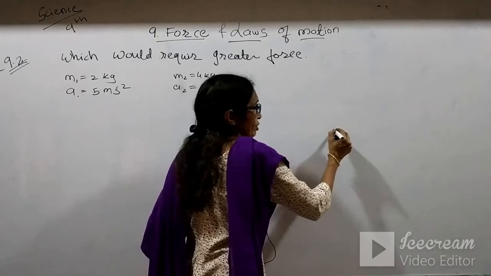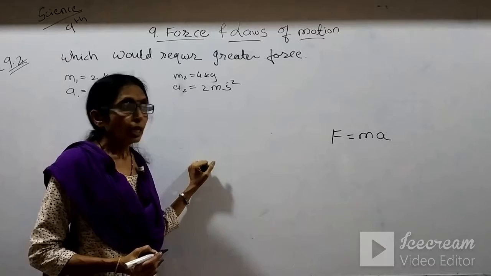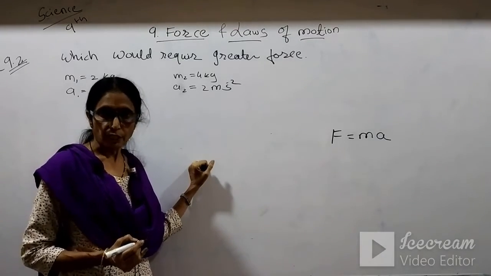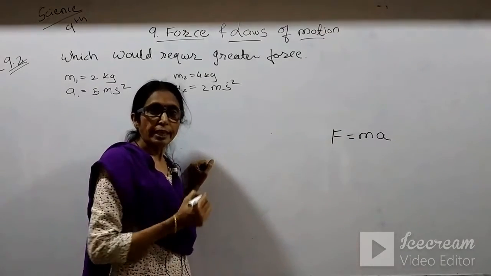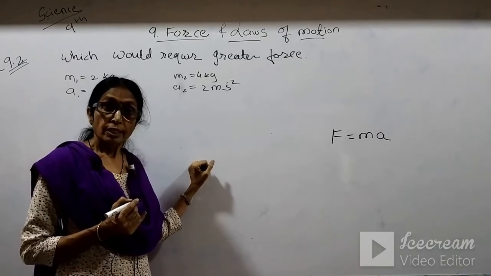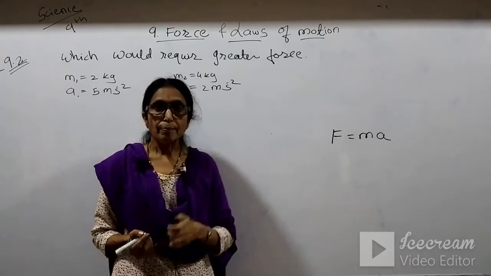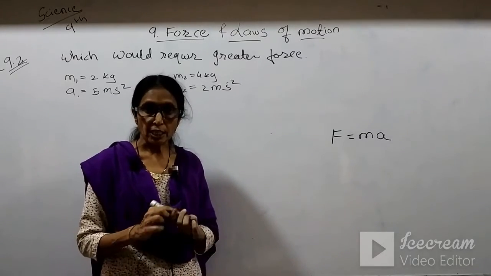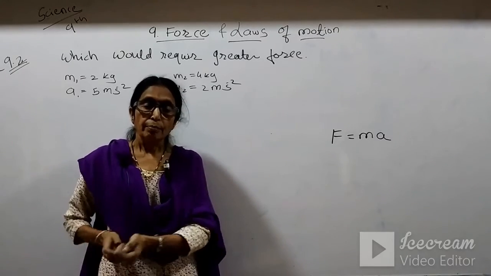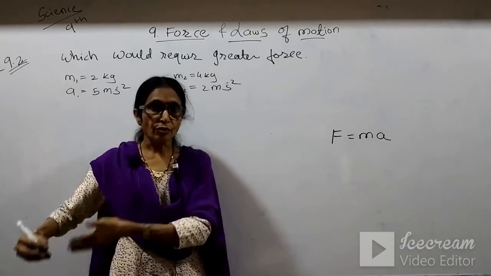It was F is equal to ma, where F is the force, m is the mass of an object, and a is the acceleration. So we have also seen the derivation of Newton's second law of motion. Also we have seen so many examples based on it. While playing a cricket match, the fielder catches the ball. He withdraws his hand on the back side to decrease the force. So time increases, force decreases.